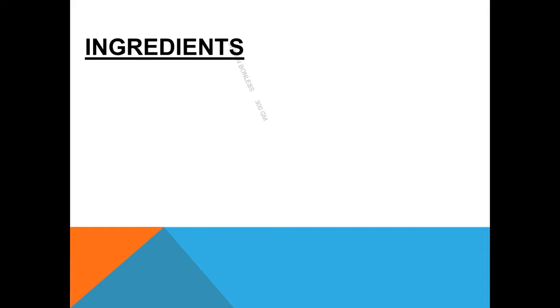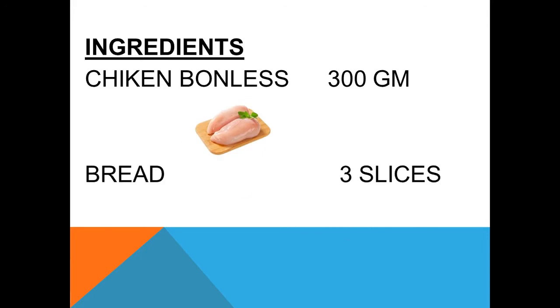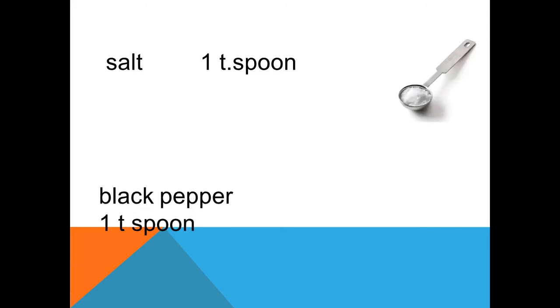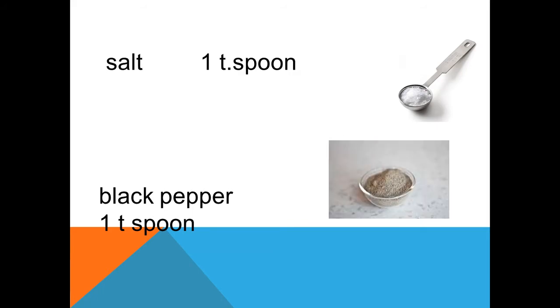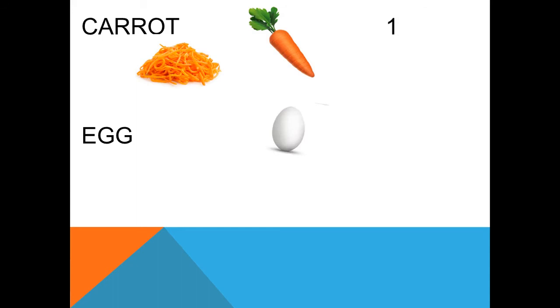So the ingredients are chicken boneless 300 gram, bread 3 slices, garlic 5 cloves, salt 1 teaspoon, black pepper 1 teaspoon, carrot 1, shredded. So you must take the shredded carrot here now. Egg 1 medium,